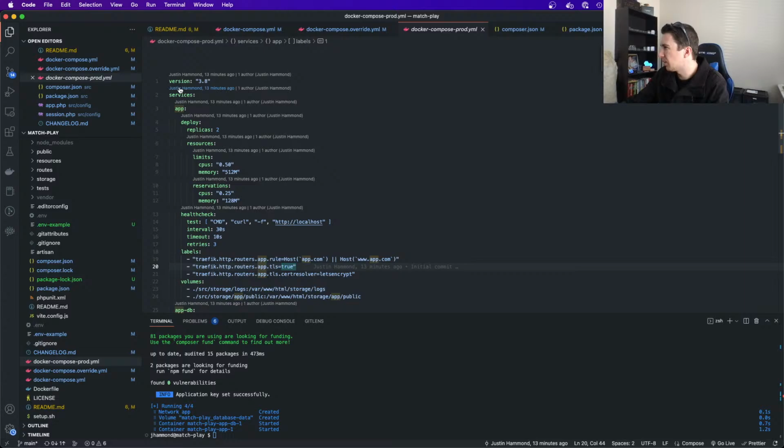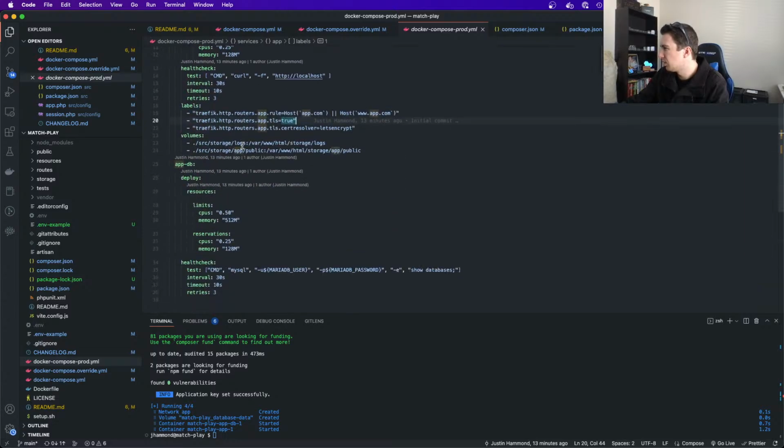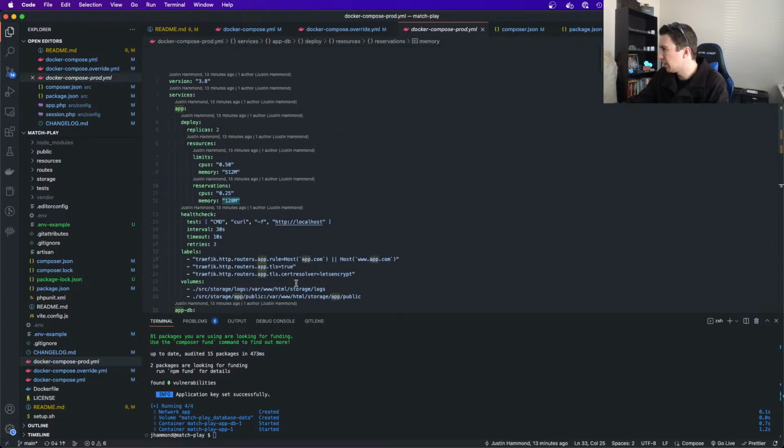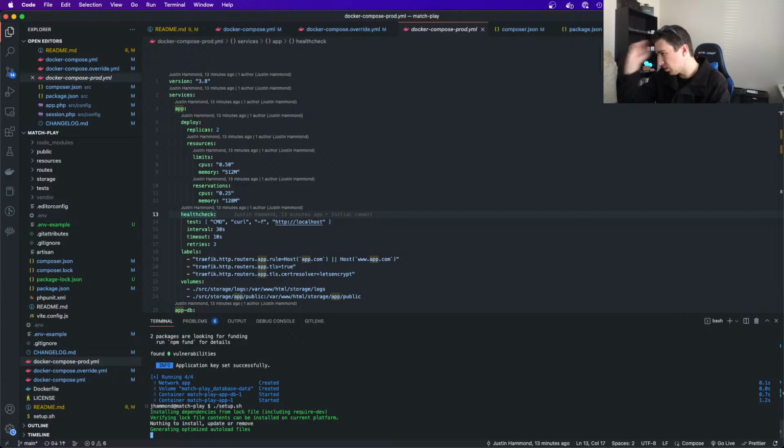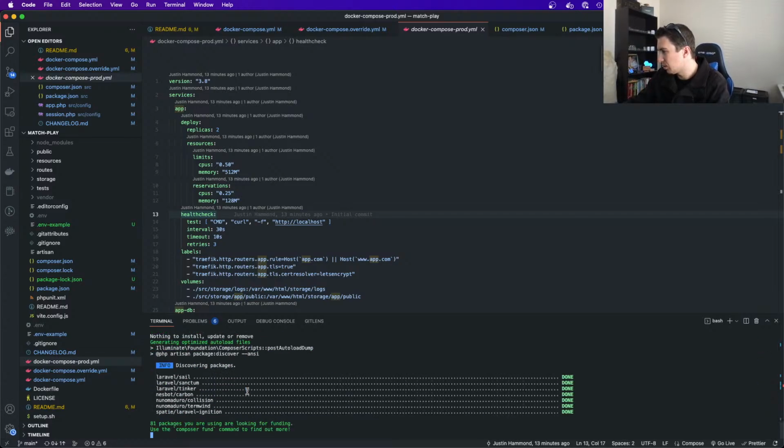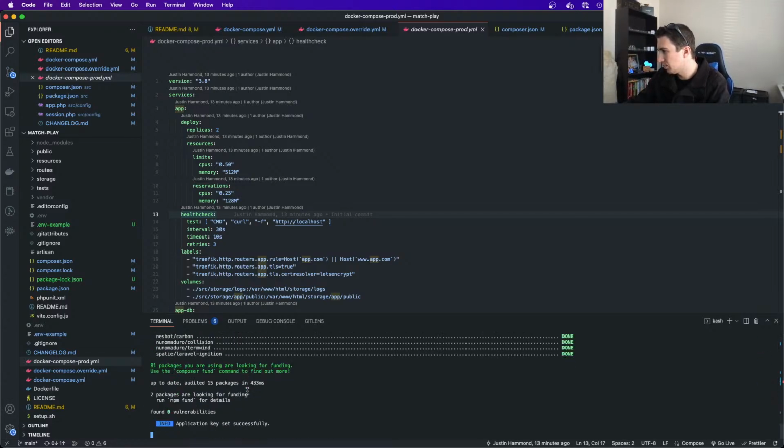Wow, I do not like whatever this GitLens thing is. That is awful. I don't need every single line to be annotated with my own name. I'll have to fix that later. Okay, so let's go ahead and spin this up one more time, and this should hopefully change the local URL that we can hit.